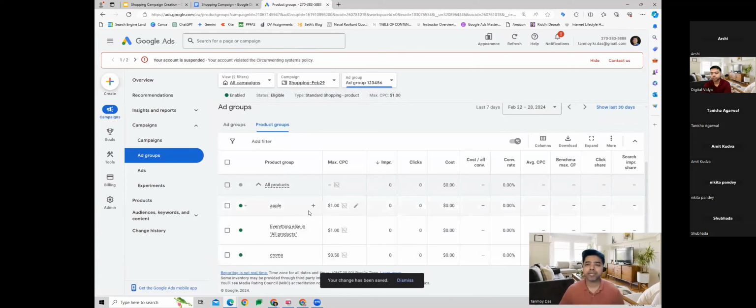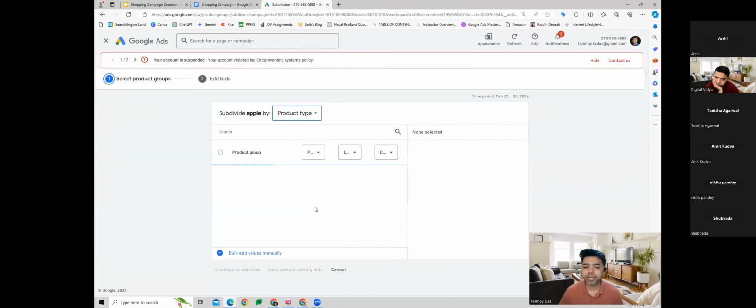Now again, I'm thinking that I want to check which products are there in Apple before bidding $1 for all, because there are some products which are old, some are new as well. So I want to check that first. What I can do is subdivide Apple again. And this time I want to subdivide Apple by condition so that I know which are the new products and which are the old products.